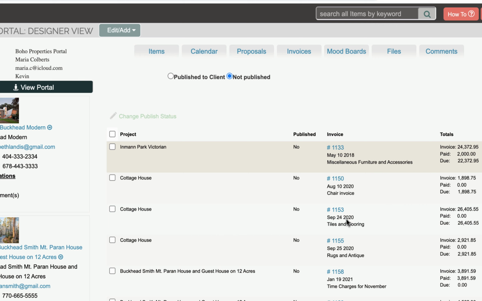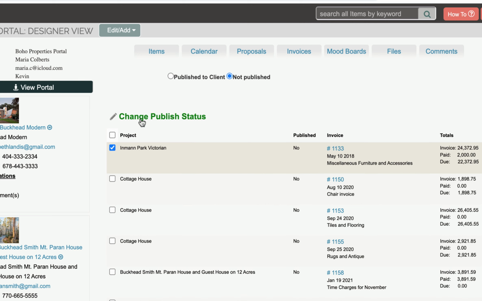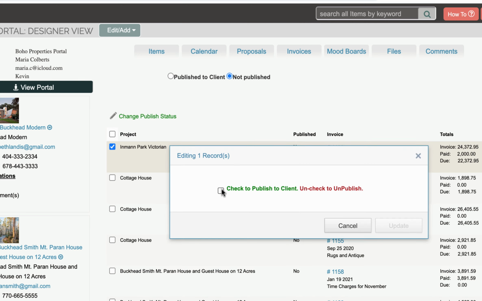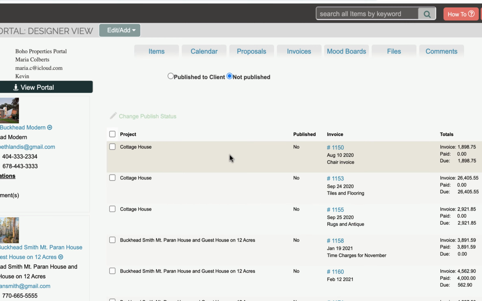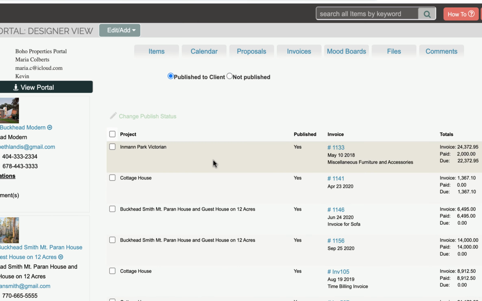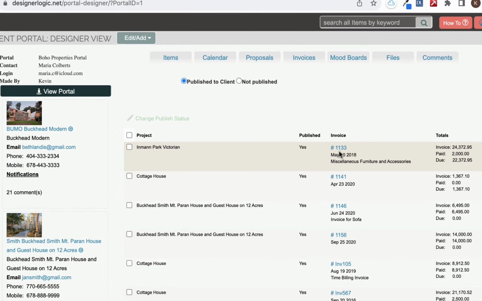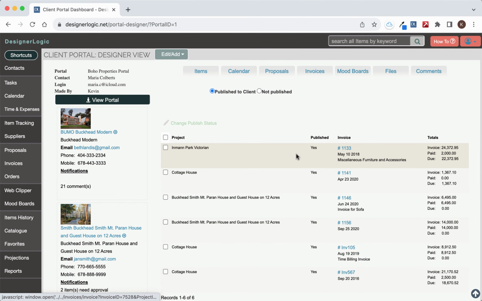Now these invoices the client does not have access to. If we check the invoice or invoices that we want to publish and click on the Change Published status, this gives us the option to check to publish to client, click update, and what that does is it will remove it from the not published list, and if we go to the published list, you'll see that it's now published and the client will have an email notification about that,